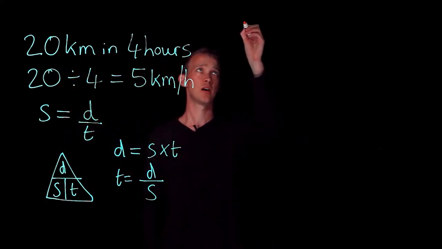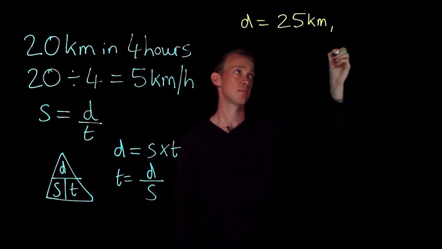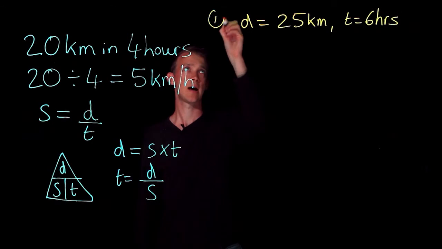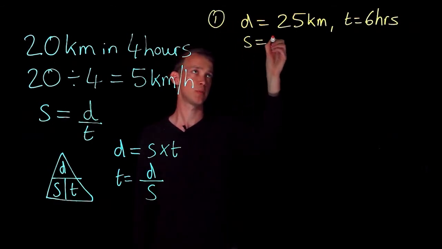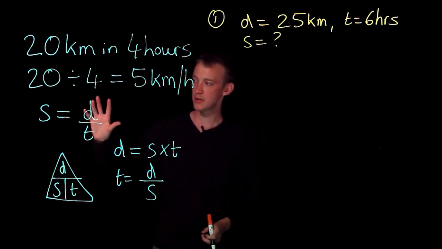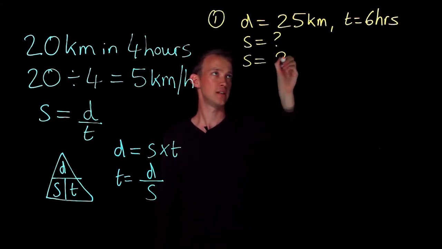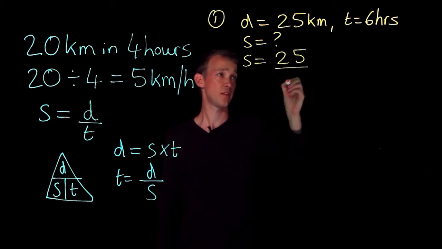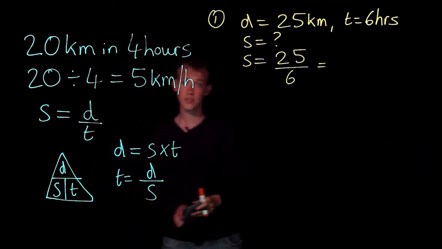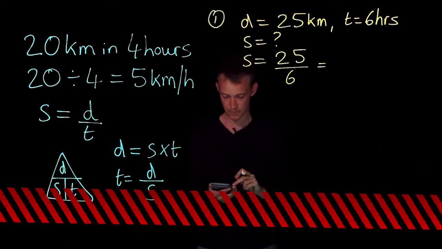First of all, we'll imagine that our distance we've travelled is 25 kilometres. We'll also imagine that it takes us 6 hours to do that journey, and we're trying to find the overall speed. So I have distance, I have time, I'm trying to find speed. I'm going to be using this equation here. My average speed is equal to the distance I travelled divided by the time it takes me, 25 divided by 6. So using my calculator, 25 divided by 6, and that gives me